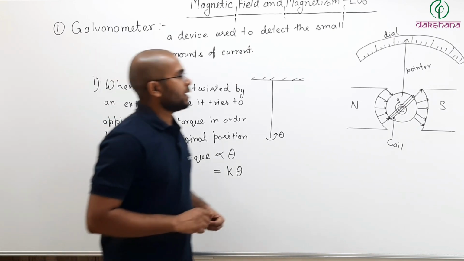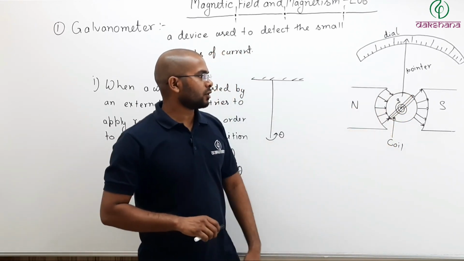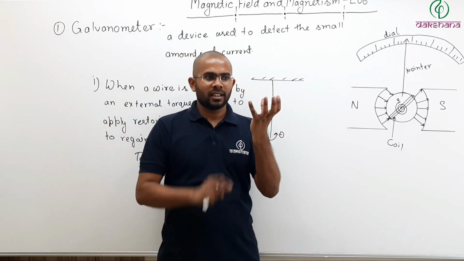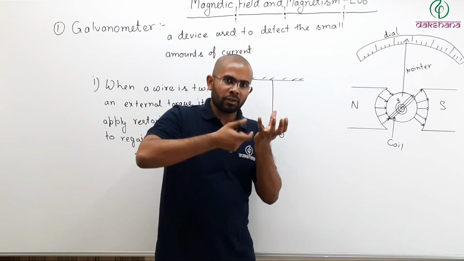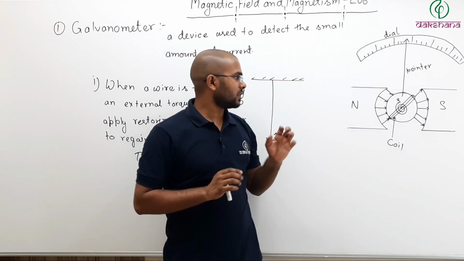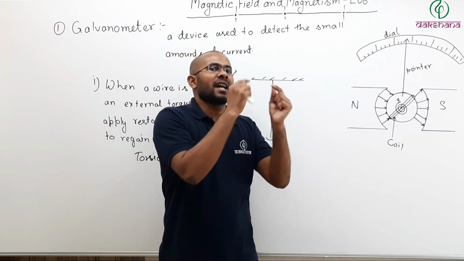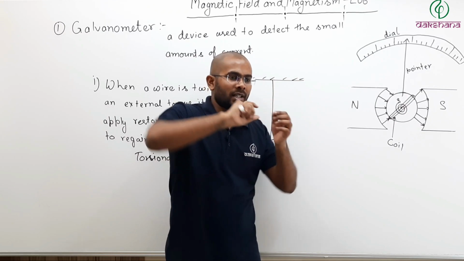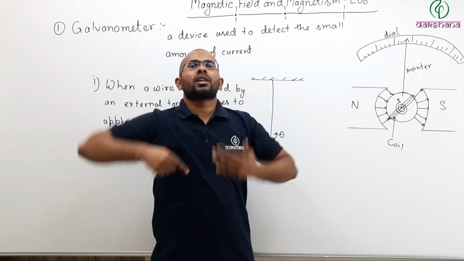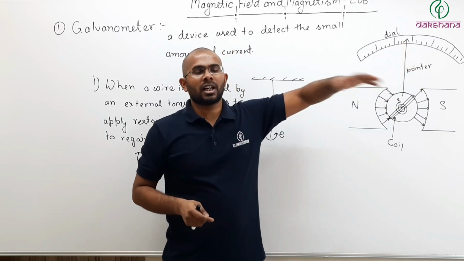Now in this diagram we have drawn a spring, a spool spring. In that case also the restoring torque is proportional to theta. You must have played with toys, right? There are toys with keys. The more we twist the key of the toy, the more it moves forward. If you have disassembled it sometime, you will see that there is a spring inside that toy. What happens when you wind the spring? It applies a restoring torque, and because of that restoring torque your toy, train or jeep or car, whatever it is,